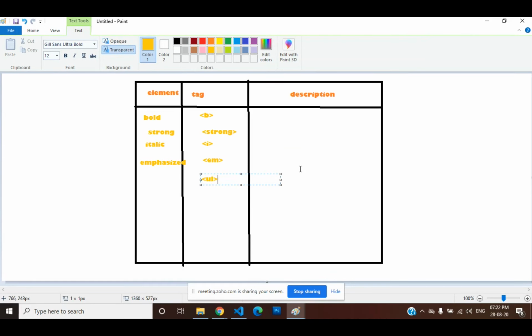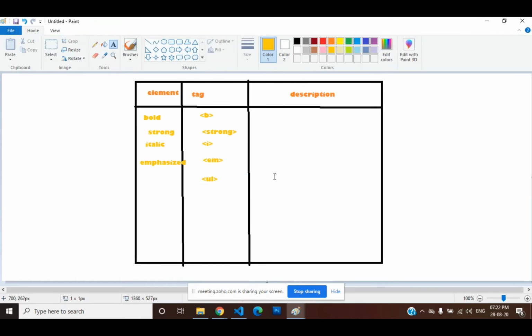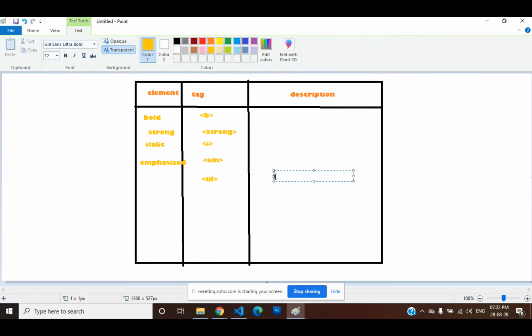Now the description: it is mainly used for highlighting the text. That is the definition of underline.